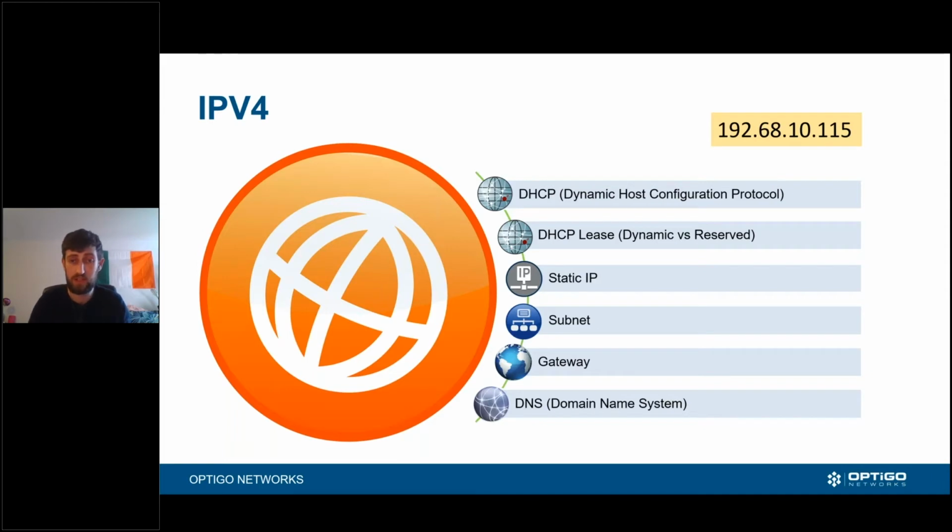We also have subnets. As I said, the first three quarters of the number we see in front of us, in a class C /24 address, is usually used to define your network. The last quarter is used to define the host, the device itself. However, in a class C, you'll have 256 addresses, 254 of which you're able to use. You might want to be able to have more or less.